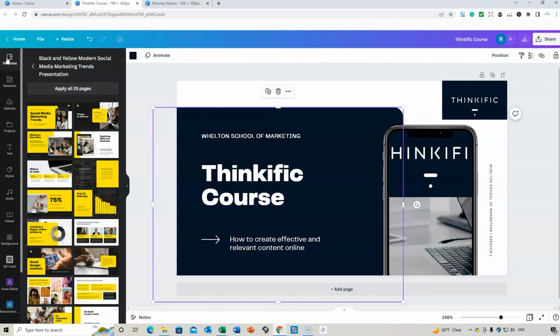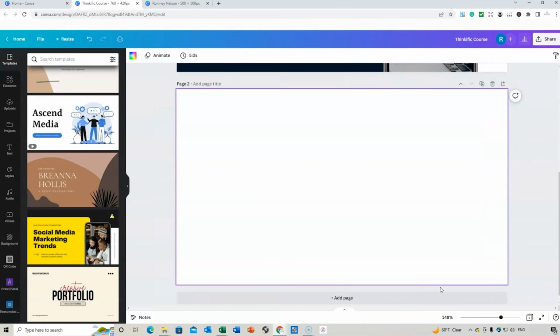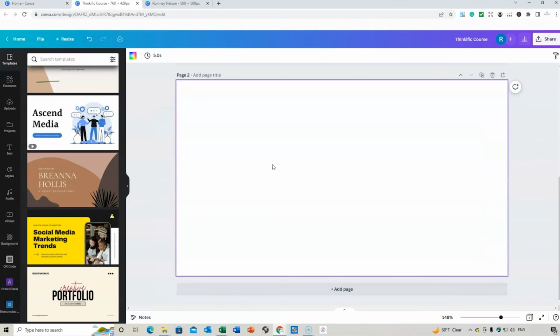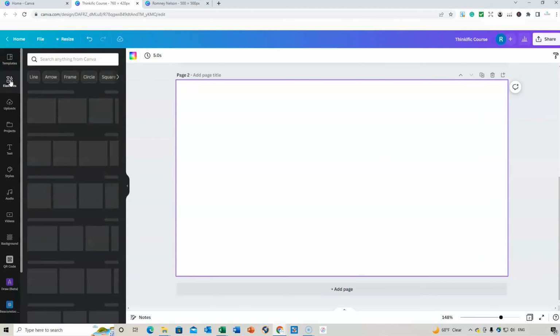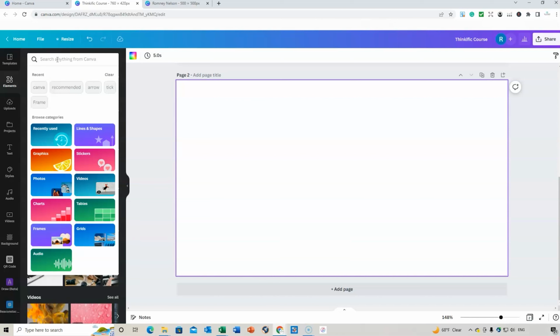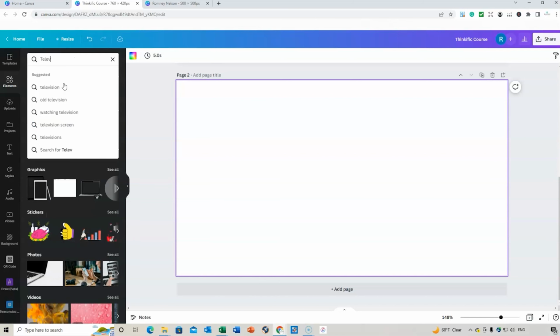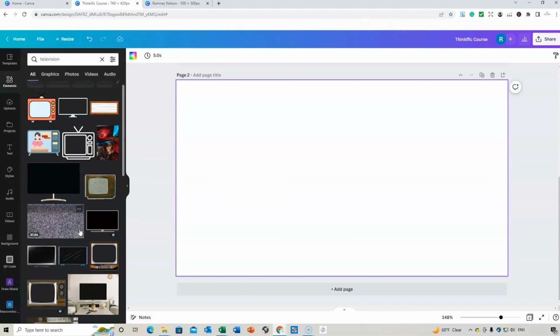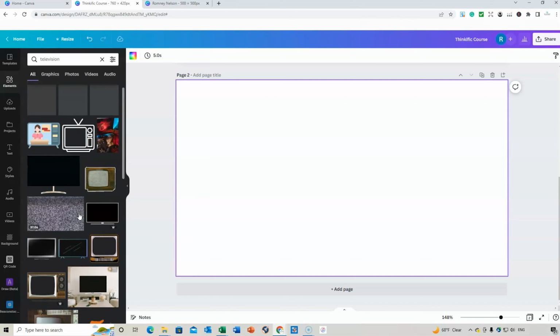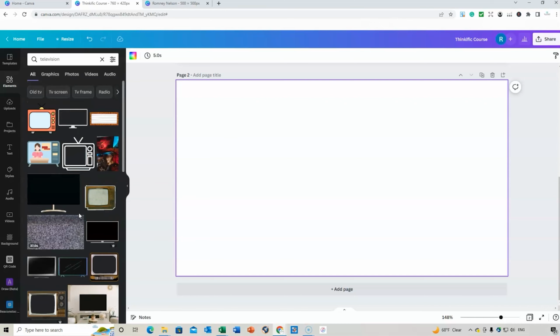You might find another template that you might wish to use. You might like to do it completely from scratch, and you might like to create your own design. So I'd recommend going through the different elements. So if we wanted to do television, click on television, and they all come up. Now remember, if you're using the Pro plan, all these are going to be available. See how it's got a little crown? That means it's Pro plan only.